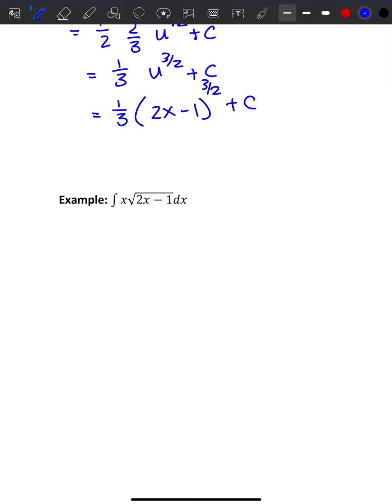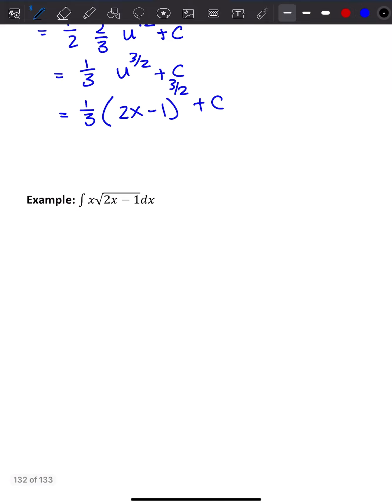So I'm going to make u 2x minus 1. This means if I take the derivative, du is equal to 2 dx. And just like before, we want to get dx by itself. So we're going to divide both sides by 2. And we get 1/2 du